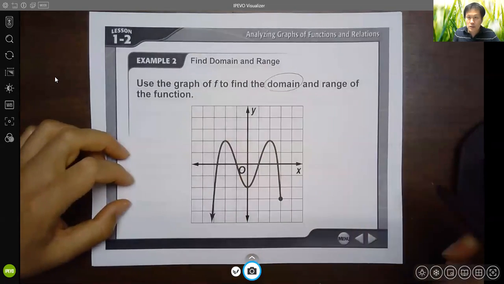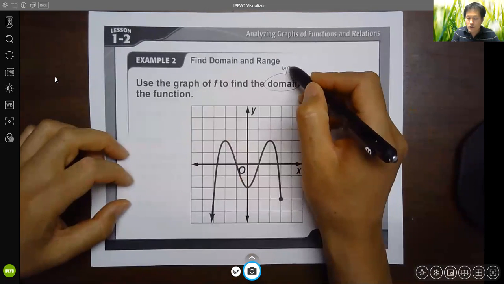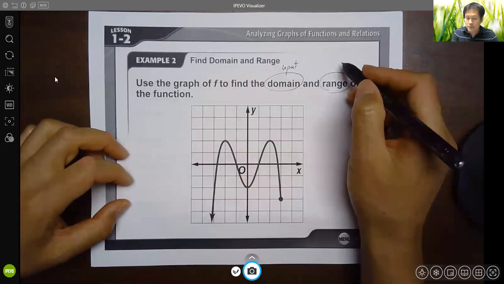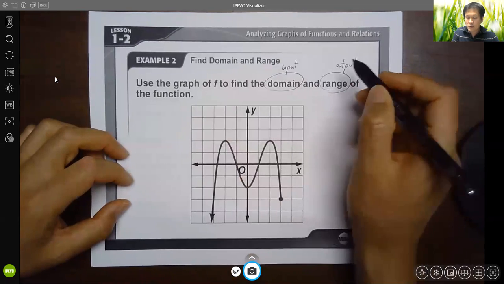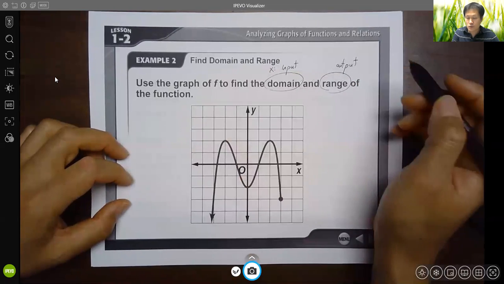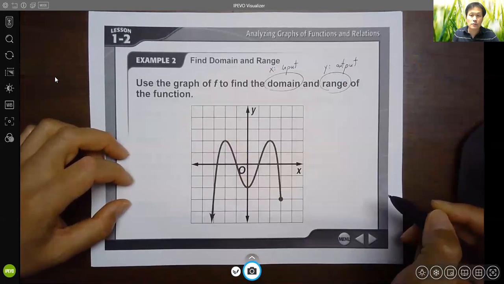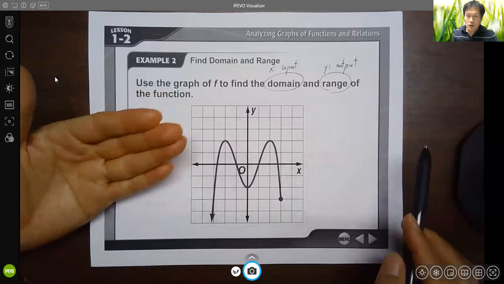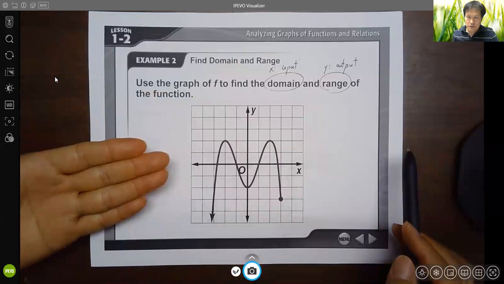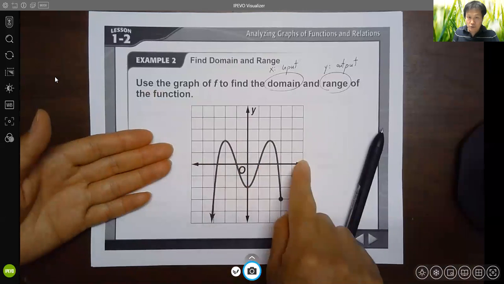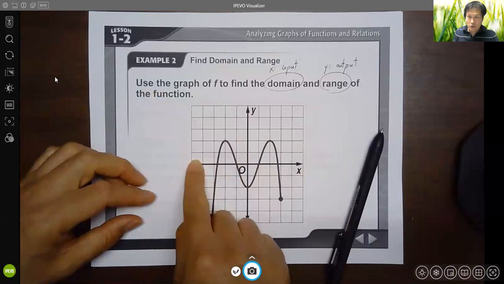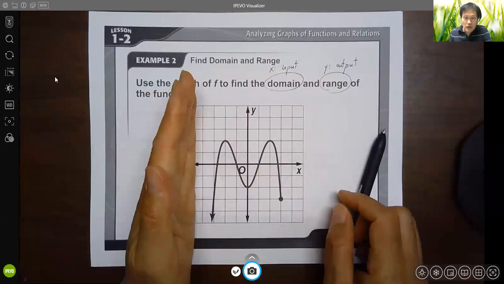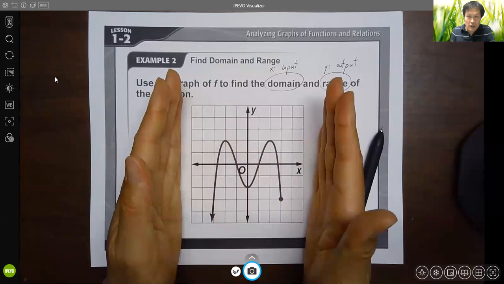Okay, domain means all possible input values. Range means all possible output values. So usually X is input, Y is output. So when you look at this graph, to find the domain, you are looking for all possible input values. X is input. The X-axis is the horizontal axis. So domain is how far to the left to how far to the right